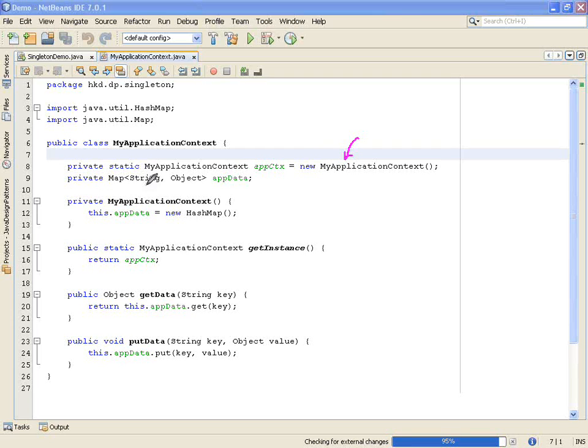There is a map that will keep key and value pairs of objects where the key is a string. There is only a constructor which is private, and it creates the hash map instance for this particular map, app data. Then we have a static method get instance which returns this application context, and then get data, put data. Similarly you can have remove data also.